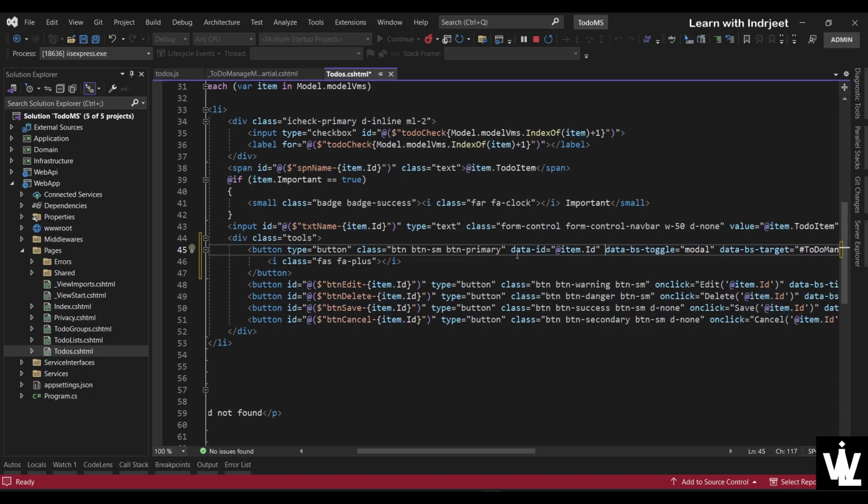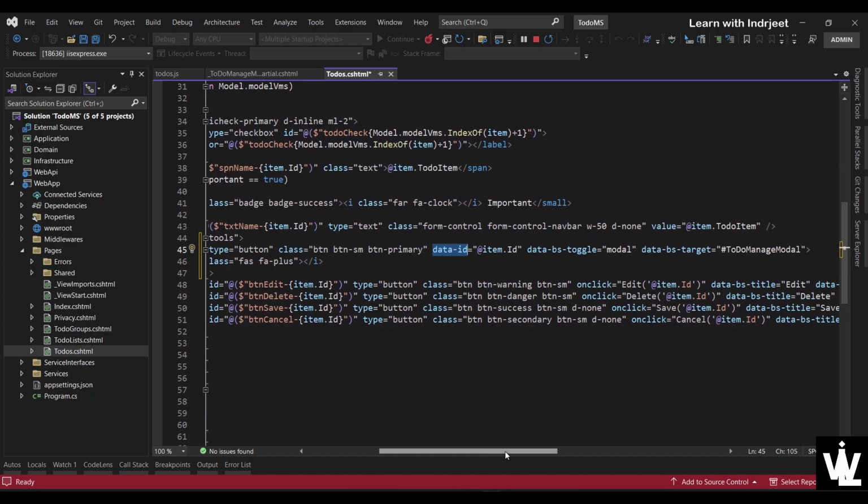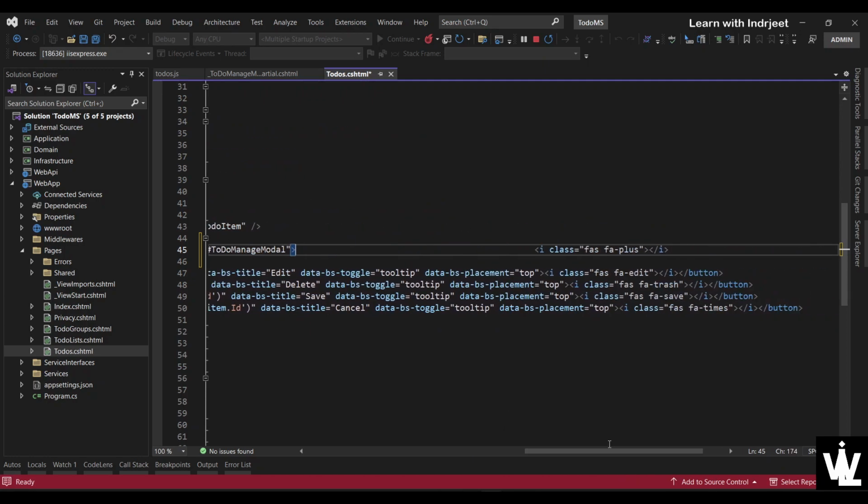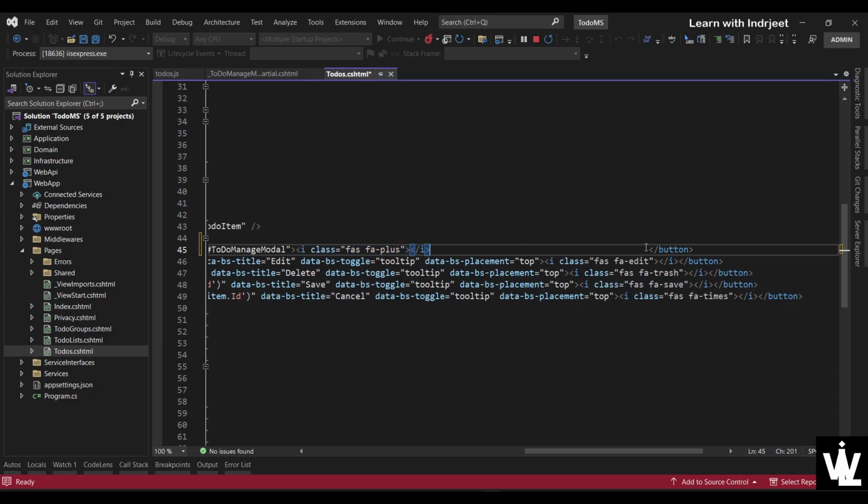So we want to pass the id of the to-do to this data-id attribute, and let it toggle the modal, and then let me just make it inline. So like that,